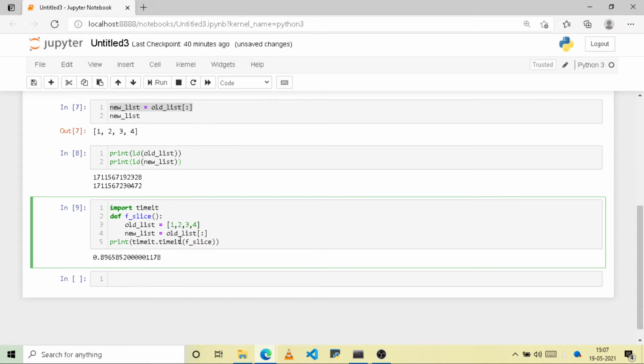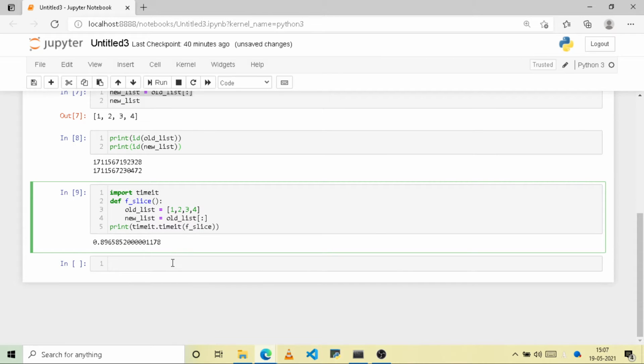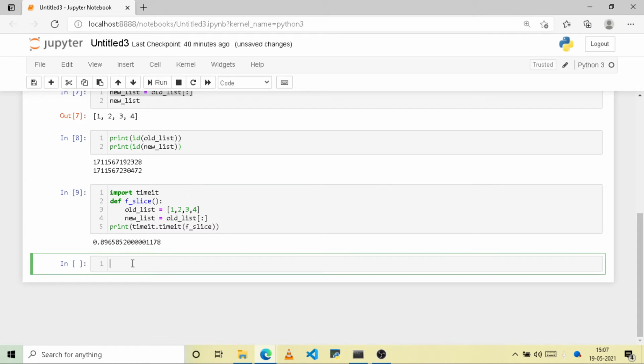Yeah, so the next method is to use copy.copy. Using copy.copy, let's see how we can make a copy of this list.